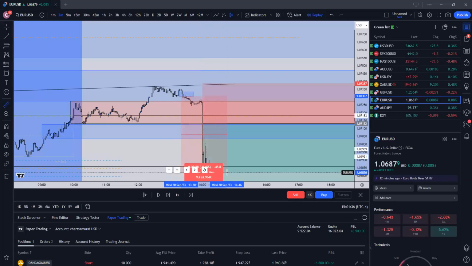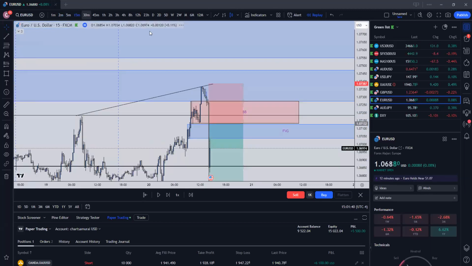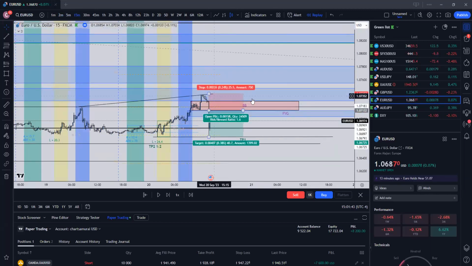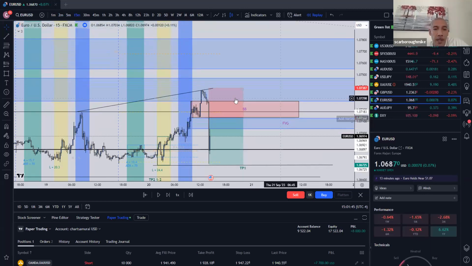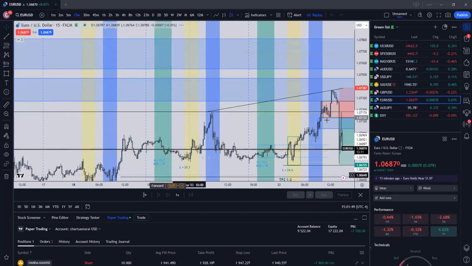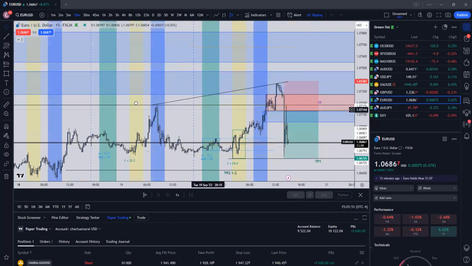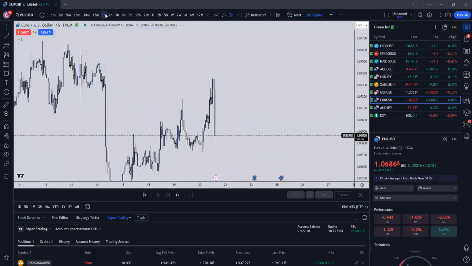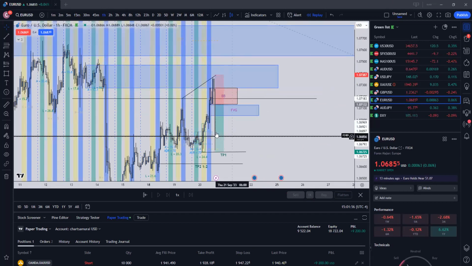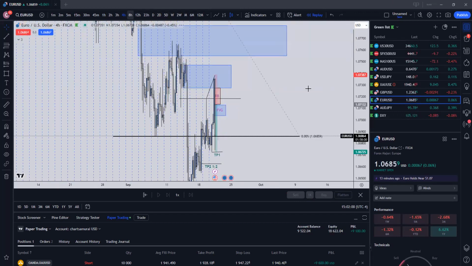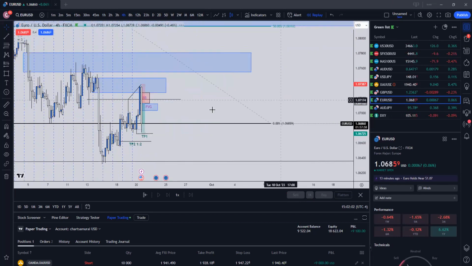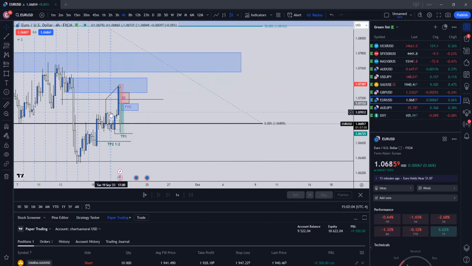for 50, right? So if I'm looking for the next move, I'm going to jump up to the higher time frame and look for the same process to happen. So now that's the entry we just caught, which would have been this one. So now you repeat the same process. I'm going to jump up again, and either I'm going to look for it to happen on the 1 hour, or really, personally, I'm going to jump up to the 4 hour and I want to see this structure break.